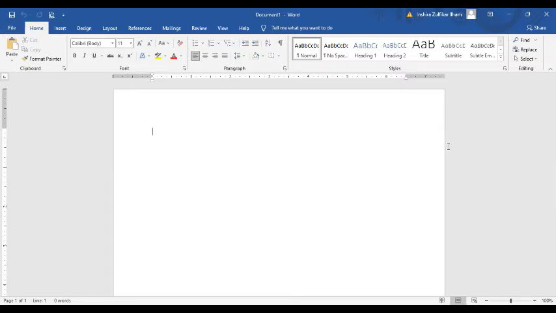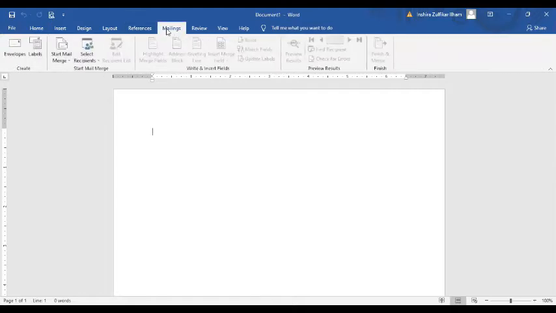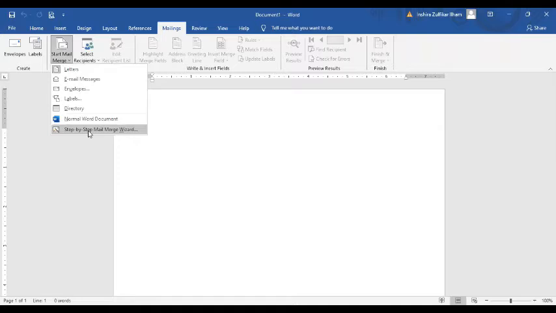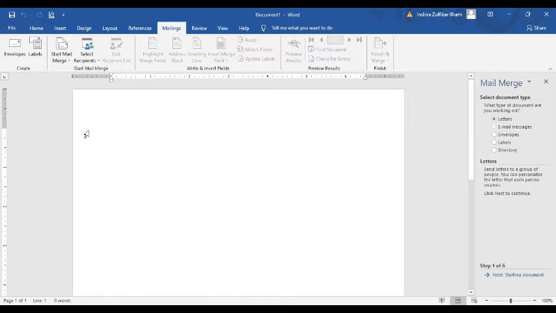So for your first step, click on the Mailings tab where you will find all mail merge related options. At this point, you need to set up your document, which can be done using the step-by-step mail merge wizard, which is a simple guide even for a beginner. I'm going to go with the letter option,